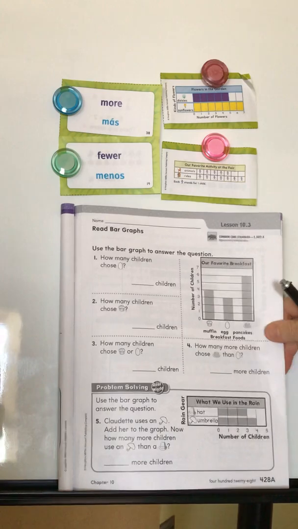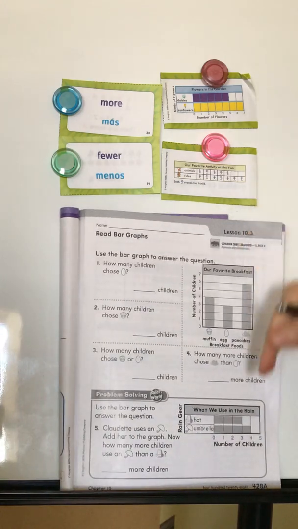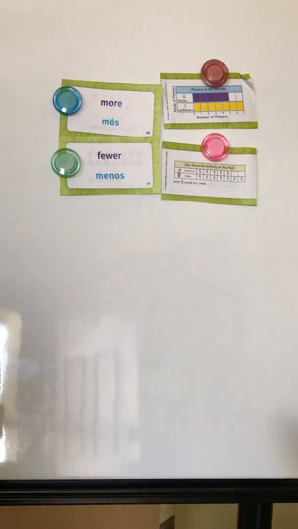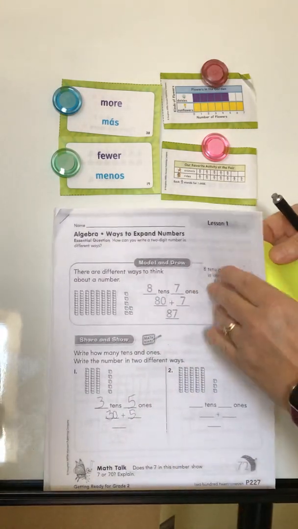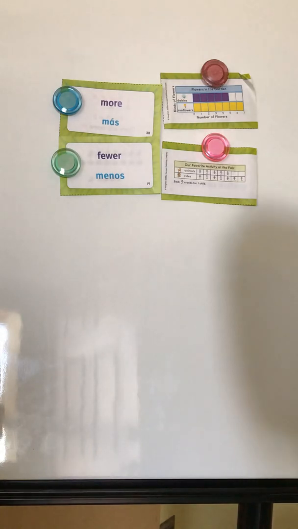Circle that. If you just enjoy these graphs, like they're a lot of fun, you can go on and do your favorite breakfast, what we use in the rain. Those are fun. Okay, in your packet, your math packet, get that out. We're going to do some more bar graphs. Lesson 17,